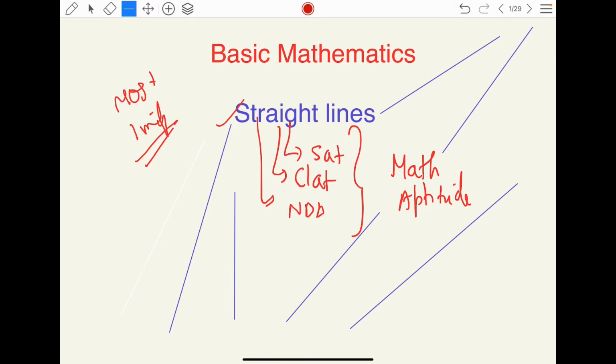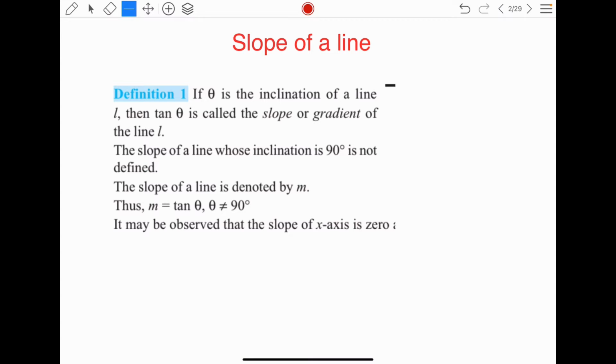There are many definitions you have in your Google, NCERT, everywhere. So just find the definition which pleases you the most and comment it. So this is a DIY for you, do it yourself. You can find out the most pleasing definition to you for what is a straight line. There are thousands of definitions to define it. Okay, I have mine too, which I'll be sharing with you shortly. Alright, so the first concept we move to now is slope of a line.